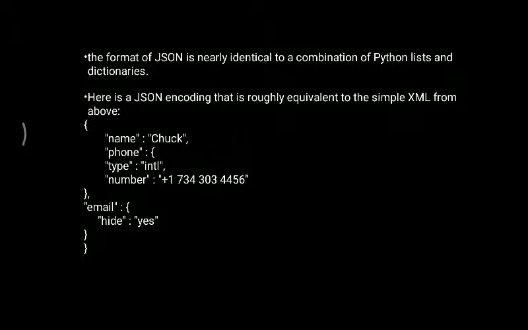We will close that, and under that we have the second item, email, which is referred to as hide equal to yes, and we close the email. Then we close the outer brace. So here is how we write the dictionary, inner dictionaries one by one. That's what I said: you can use JSON data either as only a dictionary or as a combination of dictionary and list.